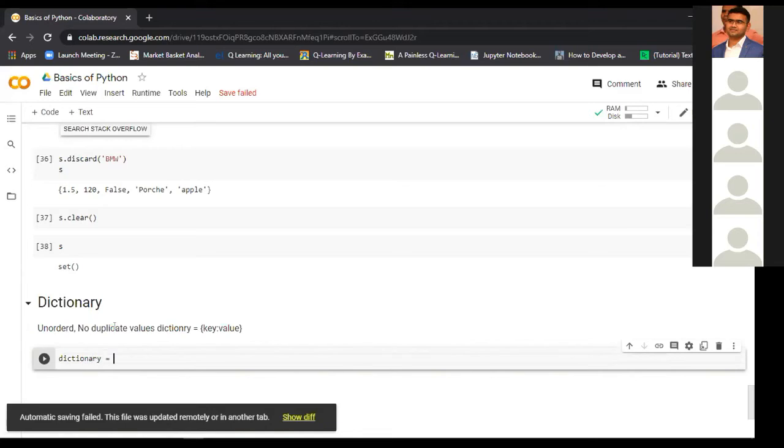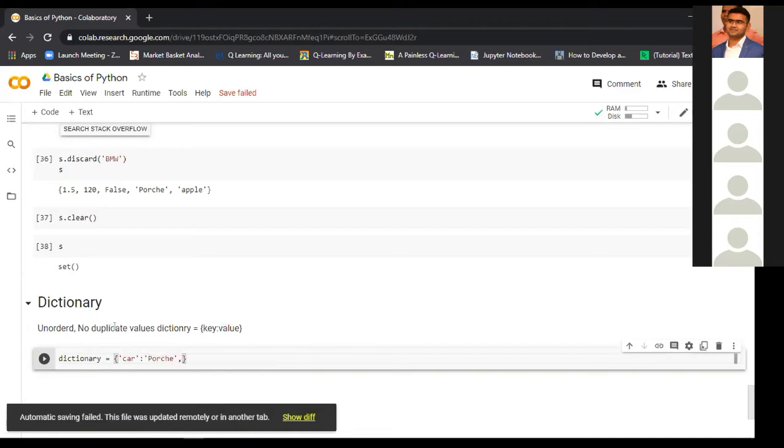So what does the key value pair mean? Let's see, our key is car and its value is Porsche.